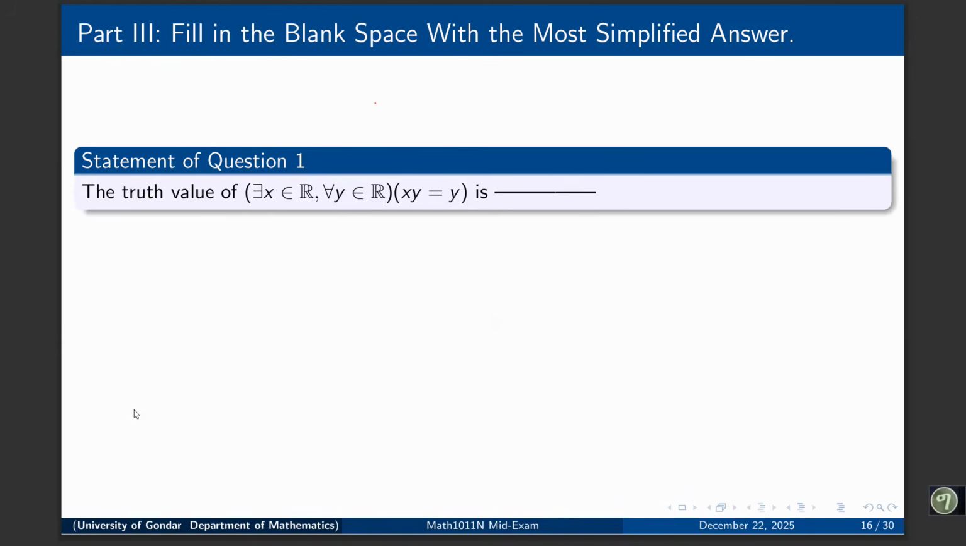Okay, the third part will be fill in the blank space with the most simplified answer, it says. And the first question which we are given here is the truth value of there exists some x, an element of R, and for every y an element of R, x times y is equal to y is blank. Truth value, is it true or false? That means, in order to check the truthness or the falseness of this statement,